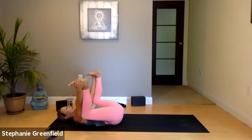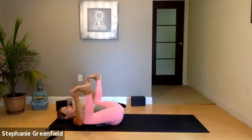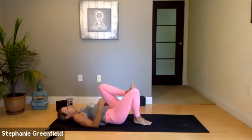Grab the outer edges of the feet or the big toes with the peace fingers. Keep the tailbone grounded and the shoulders heavy. Let the knees just drop toward the earth to your degree. Really feeling the whole back body nice and soft on the mat. Let the eyelids close and the muscles on the face soften. Take another breath in. And then gently release, come back to center and drop the knees over to the right